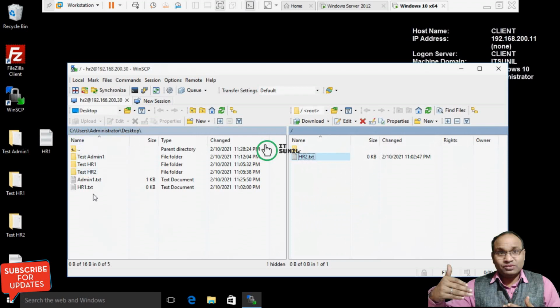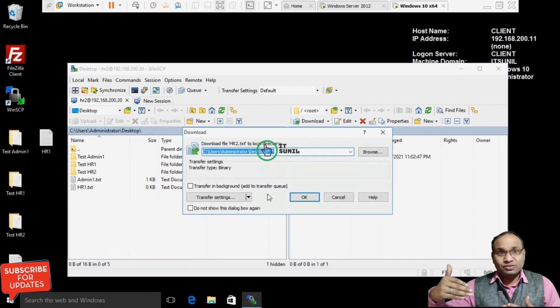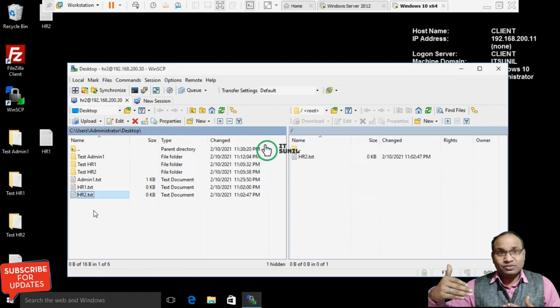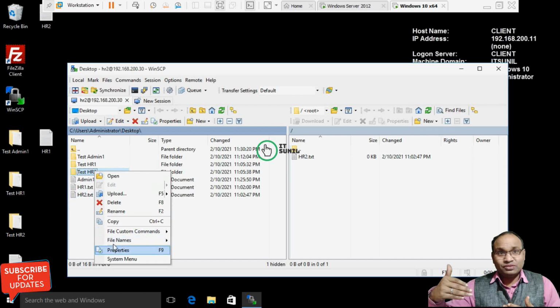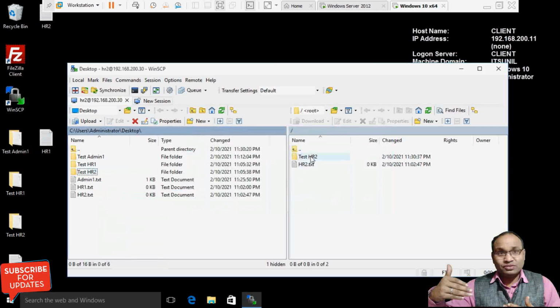This is the local machine path and this is the FTP location. So you can just paste here. HR2 is pasted. If you want to copy from here, just right click, copy. If you want to upload, go to upload here.